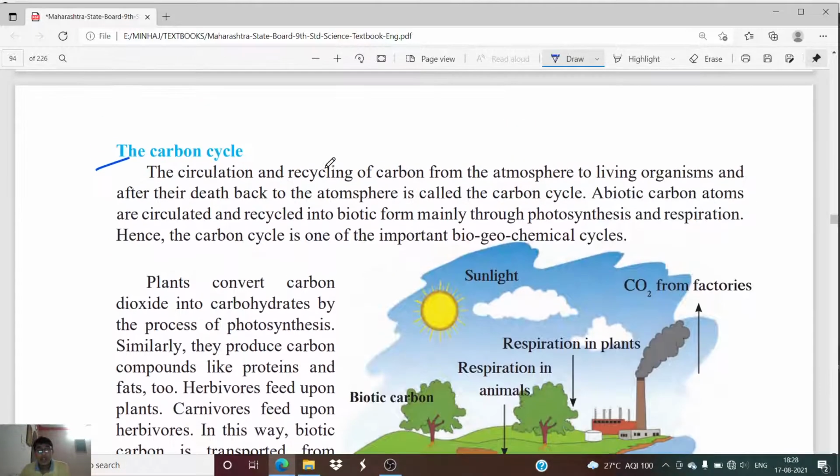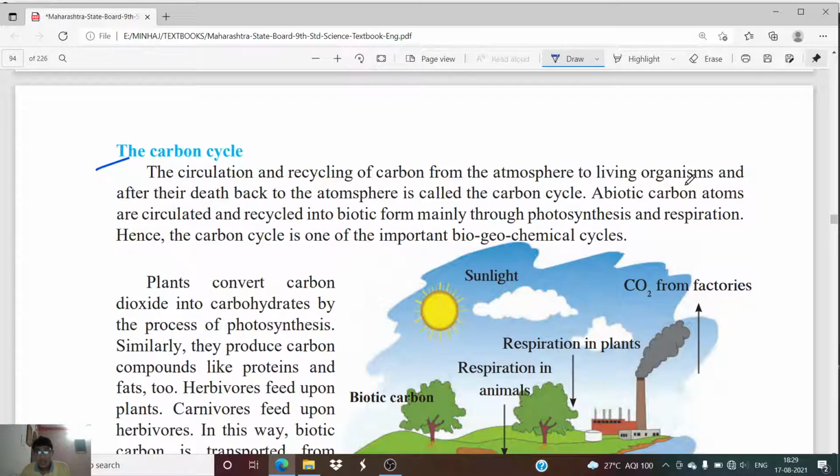Okay, so the circulation and recycling of carbon from the atmosphere to living organisms and after their death back to the atmosphere is called the carbon cycle. So what is the carbon cycle? Okay, it is the circulation and recycling of carbon. So suppose